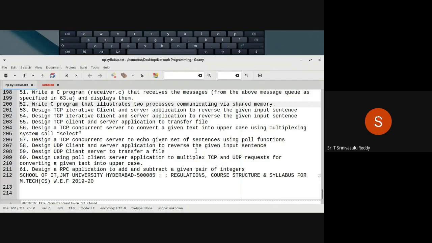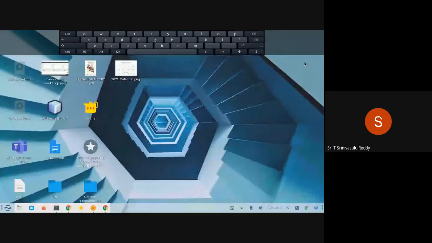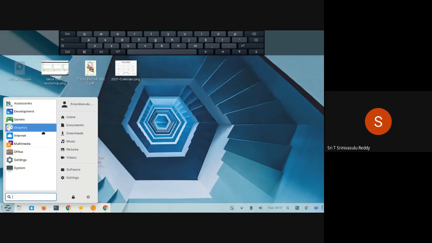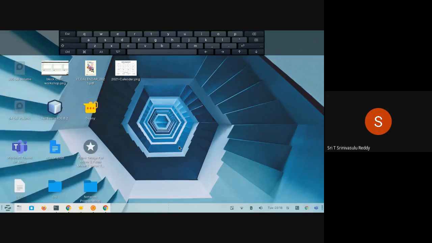So Zorin is one of the popular operating systems under Linux, and it almost looks like Windows 95. As you can see, this is the appearance of Zorin. On the bottom you have all the icons and all that. You have the desktop there, and this Z is Zorin here. When I click on this, you get almost as if in Windows 95, right? So you have all those related things.